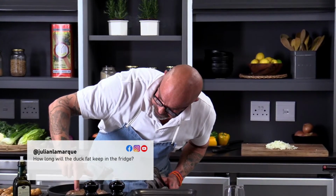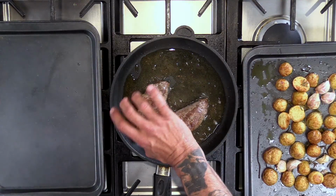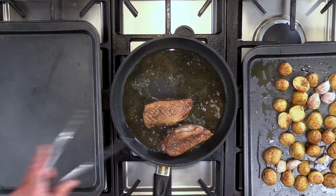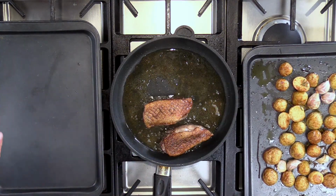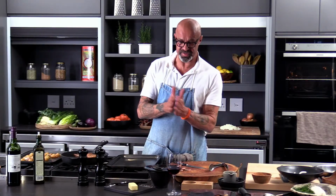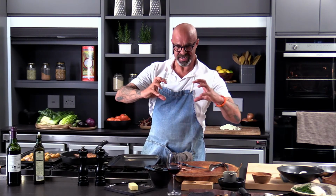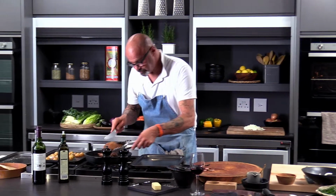I'm just doing the push test. So basically, based on the resistance that the meat gives me back, it's very, very soft. So this is rare at this point. So I think by the time taking them off and let them rest, resting meat is one of the most important things you can do. So basically what happens is when you cook it, you apply heat, you caramelize the protein, and all the juices kind of are pushed to the inside. So taking it off,